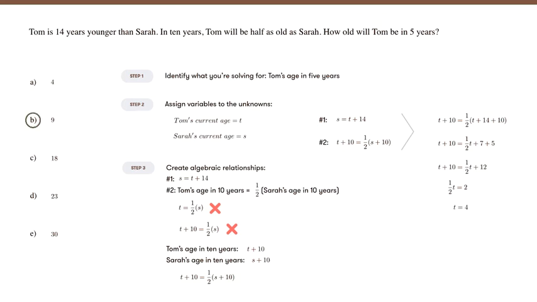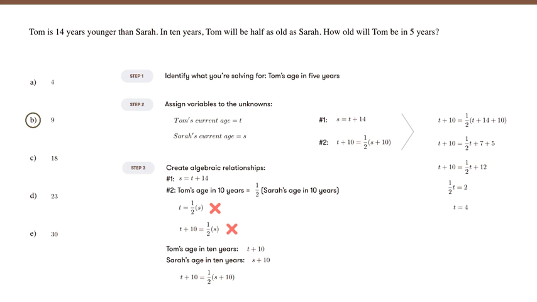Okay, so this was the algebraic approach for age questions. And this is definitely a good approach to take. As long as you're tracking the changes in their ages over time, you should be in a good spot. Again, the important point here being that in 10 years, Tom's age is t plus 10. In 10 years, Sarah's age is s plus 10. So we can take this approach, but another